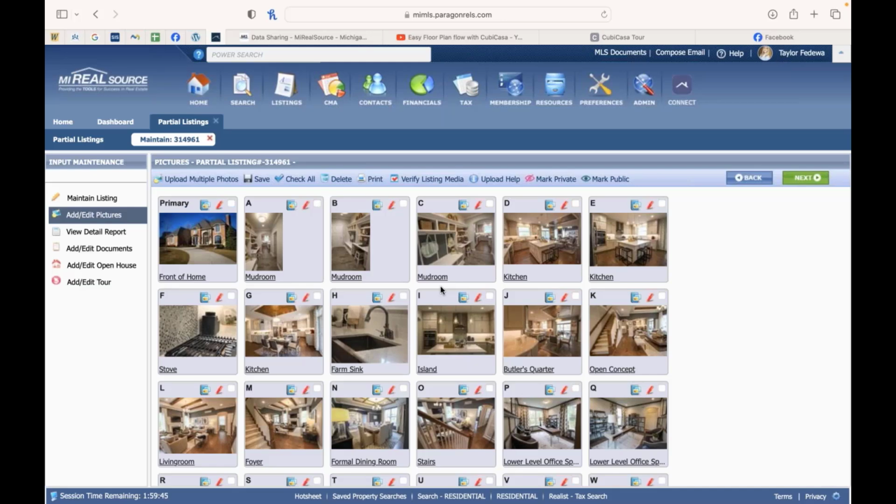So the flow really needs to start with the front of the home. Now, if there are a few things that are really big selling features of the home, like the land, a pool, a really pretty garden, things like that, that maybe you want to get their attention right at the front, maybe one other photo of that, and then save that for the end. So if it is a big selling feature, get it out there in the open at the beginning. But I've seen listings come through where it's 5, 6 photos of the front of the home before I